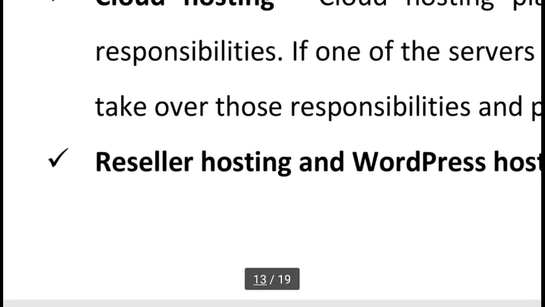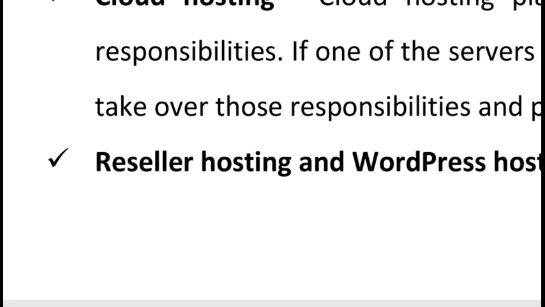When we create a website, we can upload or publish our website on a web server. There are so many companies on the internet which provide this kind of web hosting service, and we pay a minimum amount.